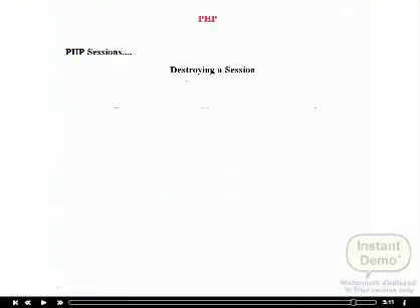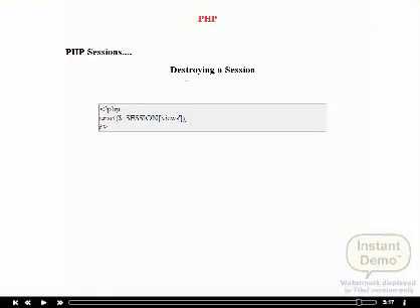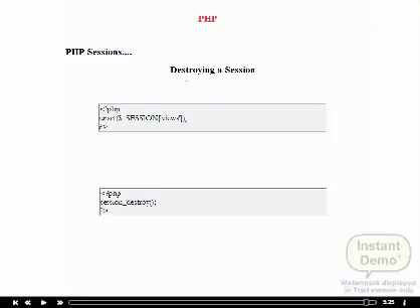Next we learn destroying a session. If you wish to delete some session data, you can use the unset or session_destroy function. The syntax of unset is on the screen. You can also see the session_destroy